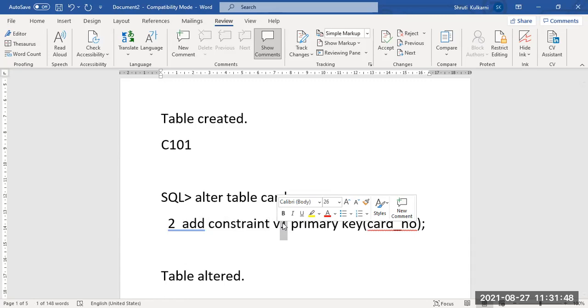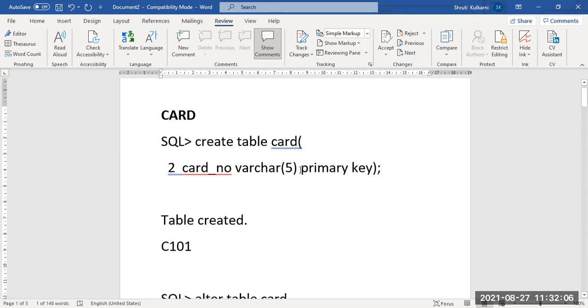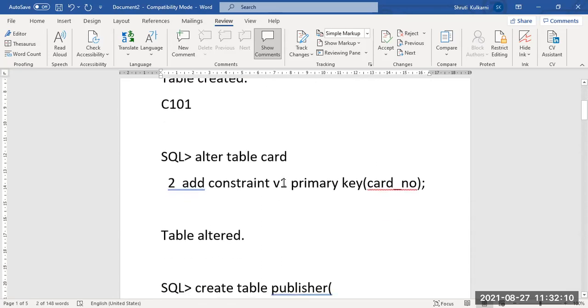And when you forget to add the constraint, I will repeat, when you forget to add the primary key or foreign key for the respective column, that time you have to say constraint followed by the variable. Only when you forget. Normally, if you have not forgotten, we directly write and keep going, right? But when you forget, for that purpose we have to give some variable. V1 means it is a primary key. Now if you want to add one more primary key or foreign key, you have to give V2. If any other constraint, go on increasing here.